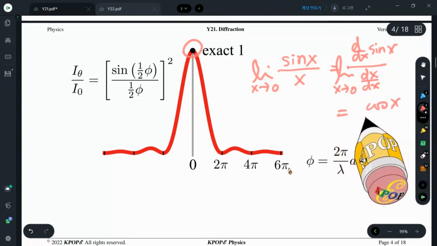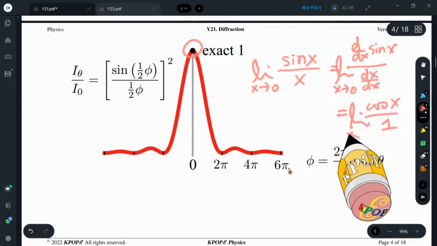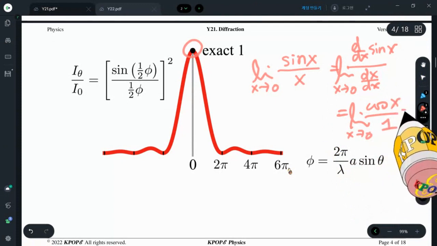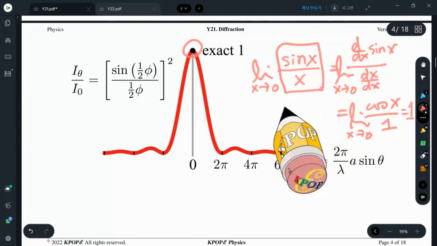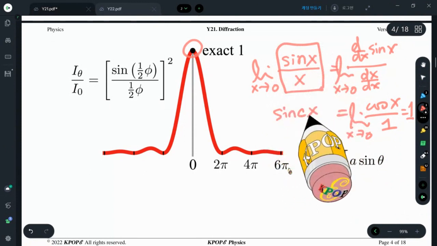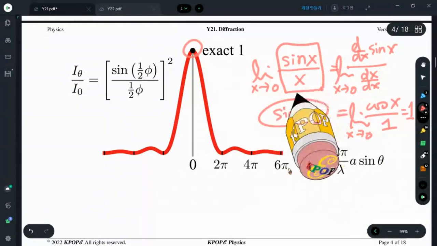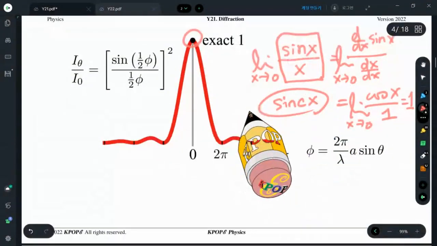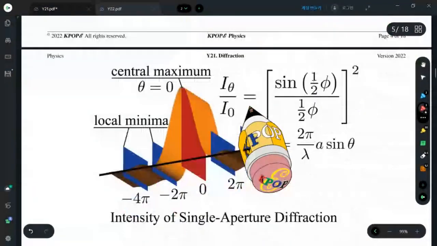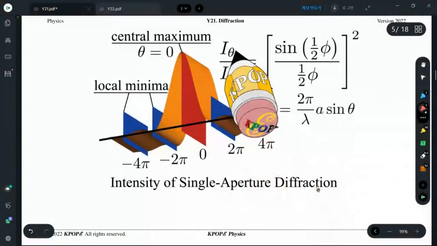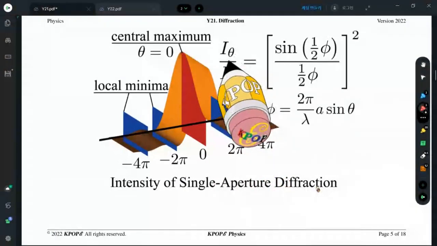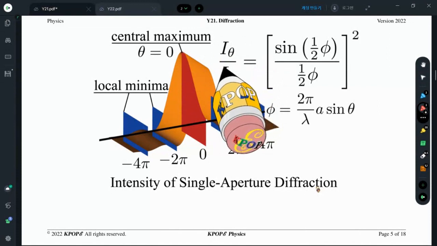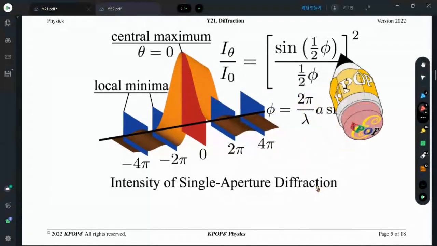And this is a cosine. This is 1. Limit x goes to 0, cosine equals 1. So this is called the sinc function, sinc x, sine x over x. This is a very important physical function. You will find in the ratio of the intensity that is proportional to the electric field squared is sinc function